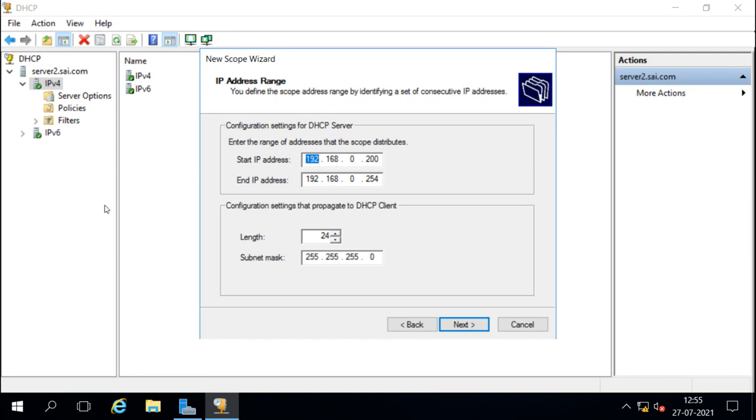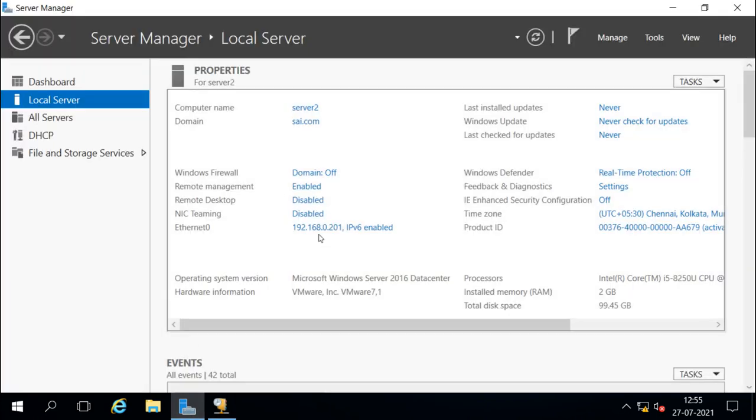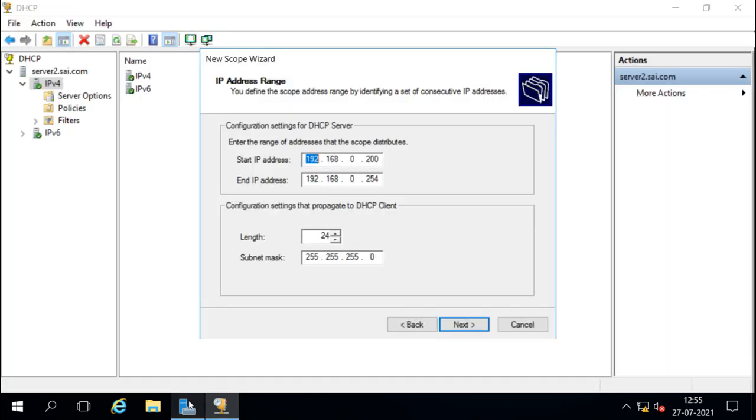Then the second IP, 192.168.0.201, is of this DHCP server itself. Now these IPs are what we have configured statically. So like this, we may have other machines also where we have configured static IP addresses within the same range, because we have only one class C range, and we have used some addresses statically. So we have configured some servers, and those servers need these static IP addresses. So we have already configured them.